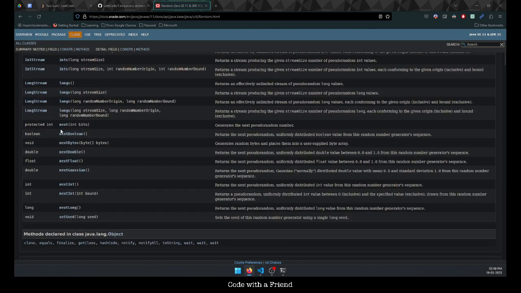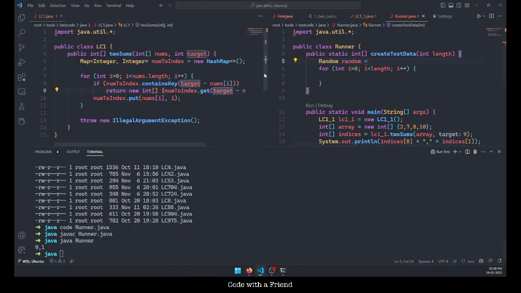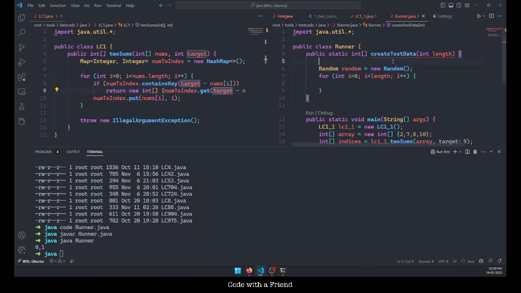You can return strings and stuff, but I guess we are fine to have a nextInt. So if I have a random object, I know what's the length that I'm creating. So I can have this data set of the size,